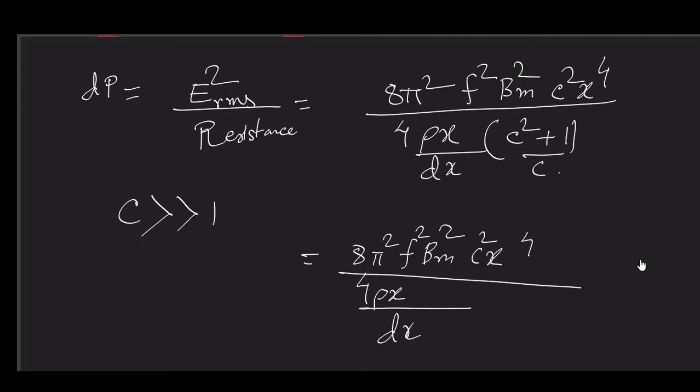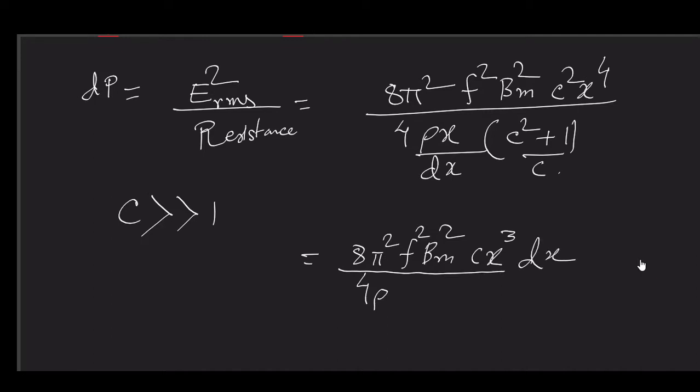This c square plus 1 we can approximate as c square, and this c square by c will lead us to c, and finally here it will become c, right? And this x also will become x cube, and this dx will come here. And if we want to find out the total power,